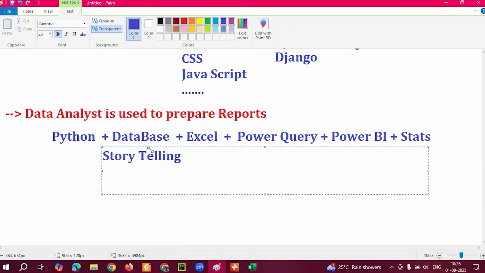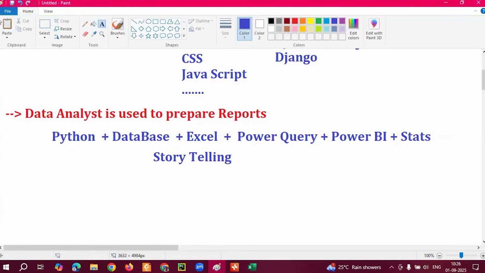You have to give seminars. How well you prepare the report doesn't matter. How well you explain the report is important. How well you prepare doesn't matter; how well you explain is very, very important. You prepared everything, the graphics, everything is good, awesome, guys. Your management is sitting in front of you.